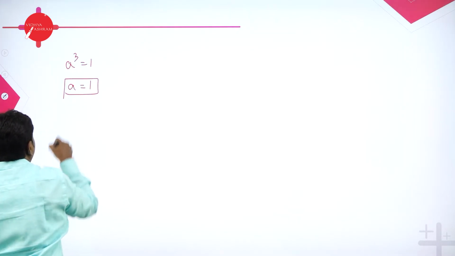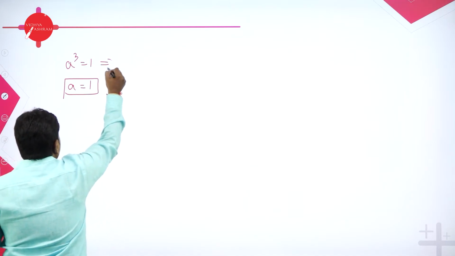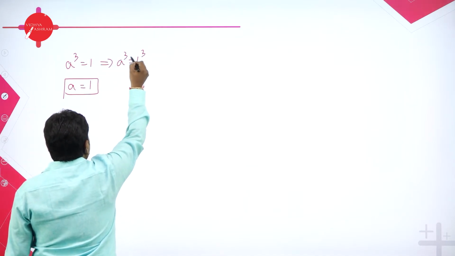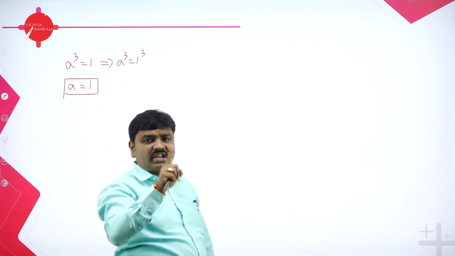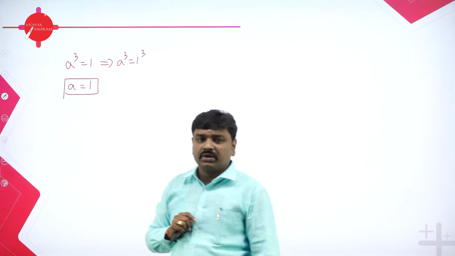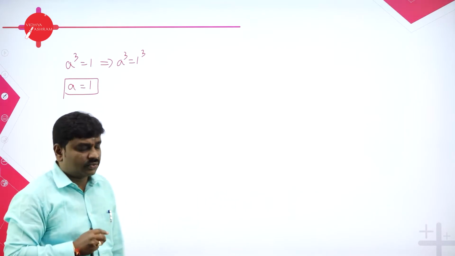You know 1 cube is 1. So a cube is equal to 1 means I can write 1 cube. So powers are same, I can equate. a cube is equal to 1 will have 3 roots. One real root you will have, that is 1. By method of comparison, you got the a value. Further,